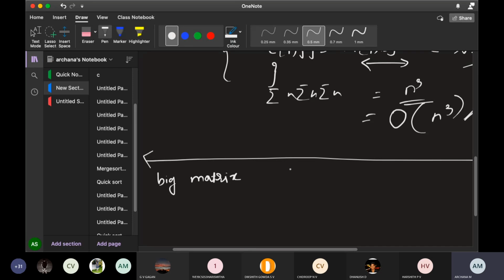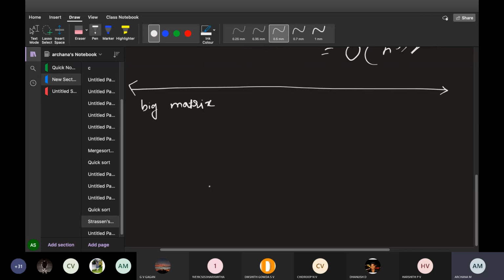If I take a big matrix, it would be very difficult for me to write a matrix multiplication. So before going to the big matrix, now I take this matrix. This is just extra information I am giving. These are not required whenever they ask you what is Strassen's matrix multiplication. Just go with the algorithm. I'll explain what the algorithm is, but before going to that, we will see why we use Strassen multiplication.